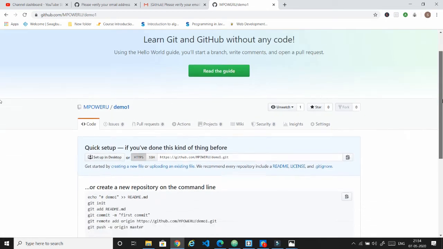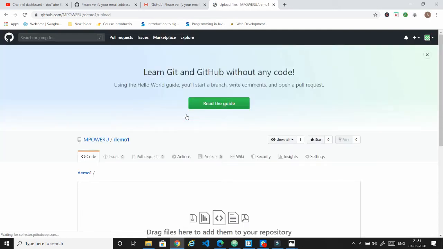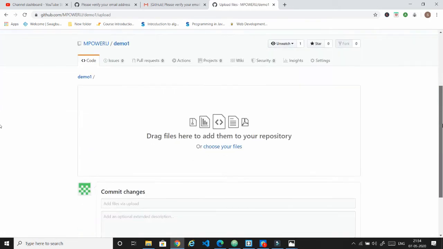And you will have some options here. Get started with creating a new file or uploading an existing file. So just click on uploading an existing file. Now you can choose the file which you want to upload.